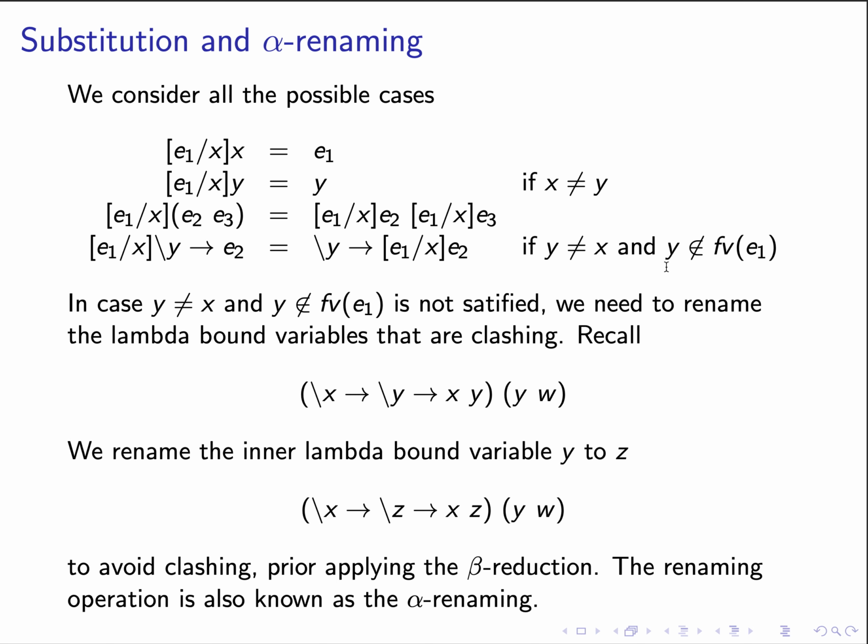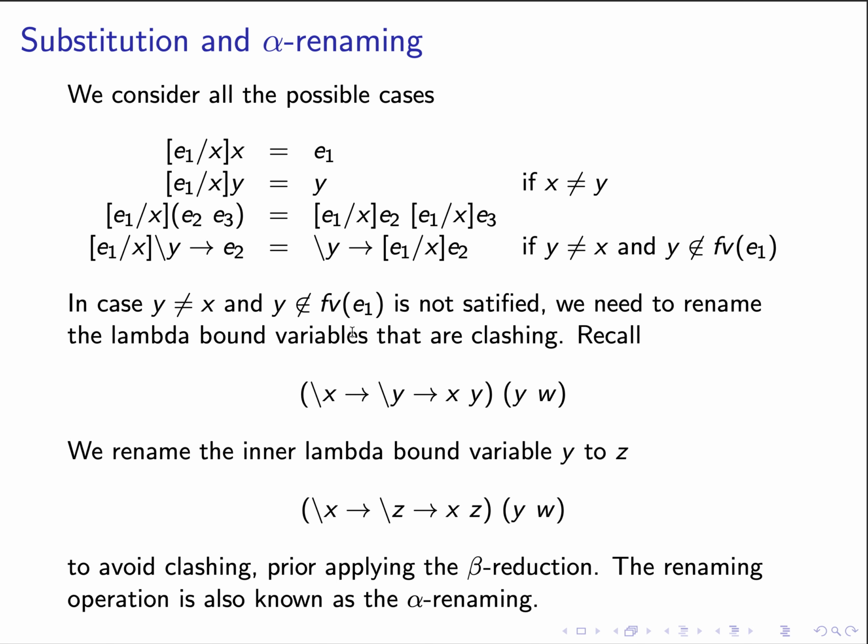If y is equal to x, this rule will not be applied. The second condition is that y, again the lambda bound variable that is introduced here, must not appear as a free variable in E1. This avoids the cases that we mentioned in the previous slide, where we might mistakenly capture any y that comes from E1 in the current scope. So what happens if we indeed have a program that doesn't satisfy this? Then we need to